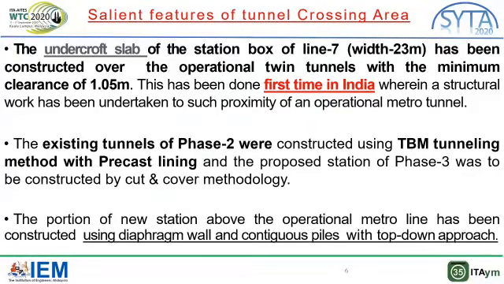Now the salient features of tunnel crossing area. The undercroft slab of the station box of line 7, width 23 meter, has been constructed over the operational twin tunnels with minimum clearance of 1.05 meter. This has been done first time in India, wherein a structural work has been undertaken to such a proximity of